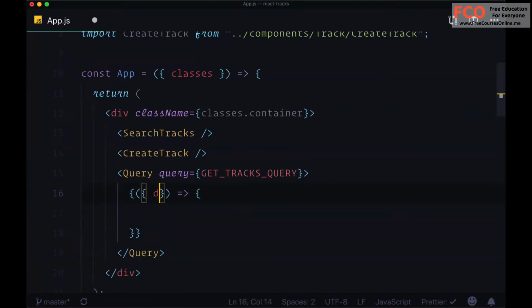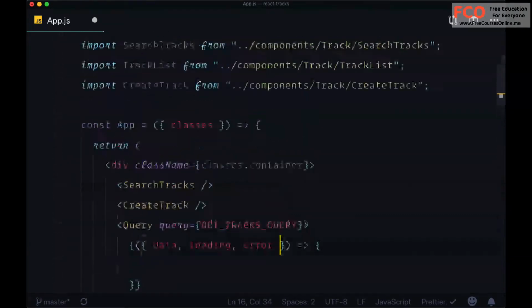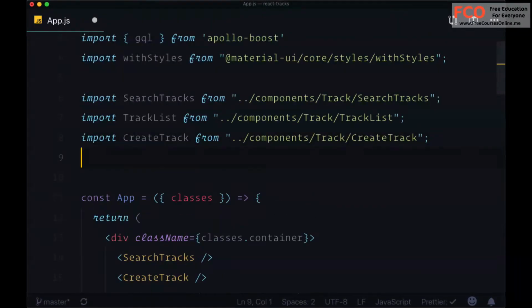And once again, we can destructure data, loading, and error. We'll need our reusable loading and error components, so we'll import loading from /components/shared/loading,